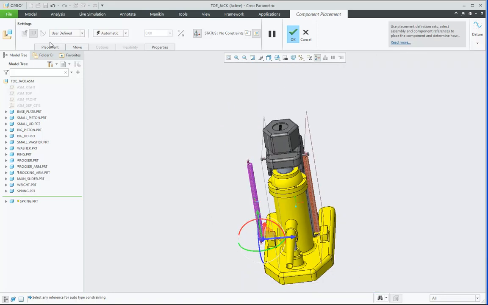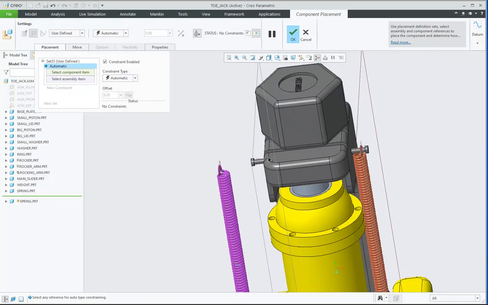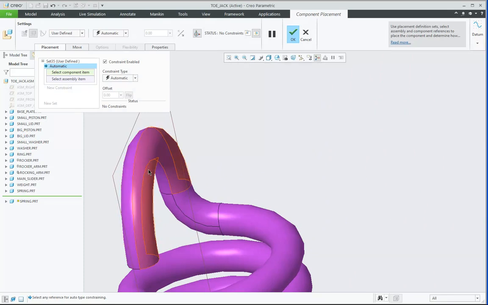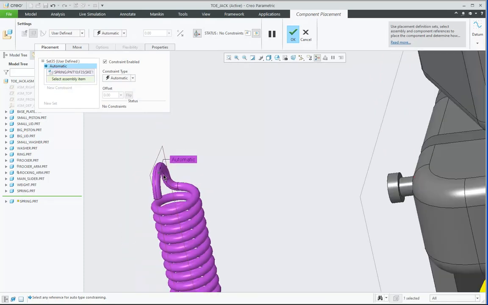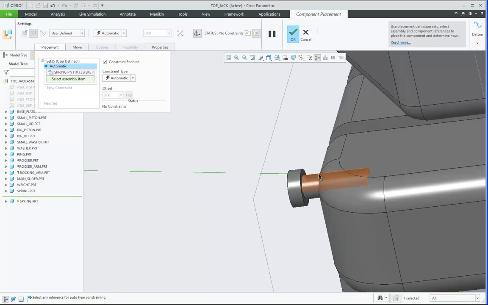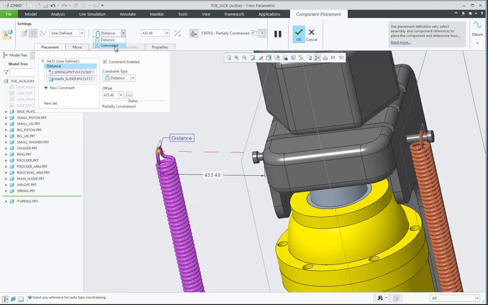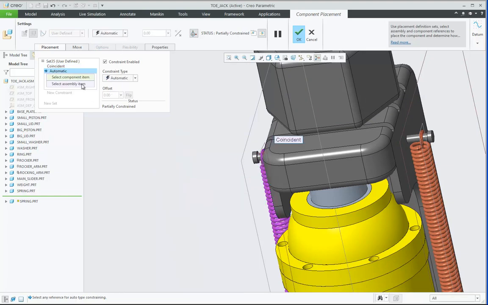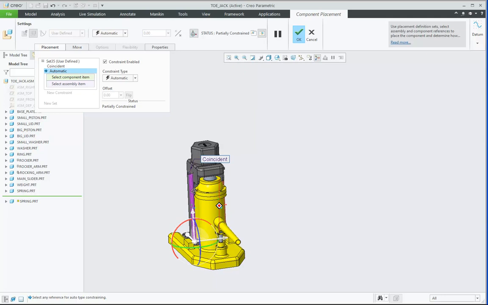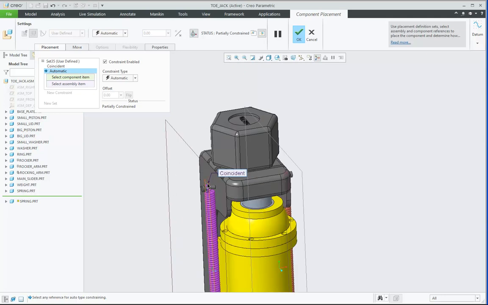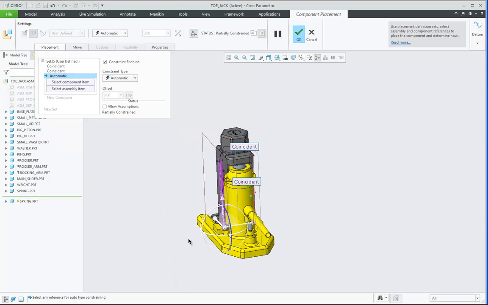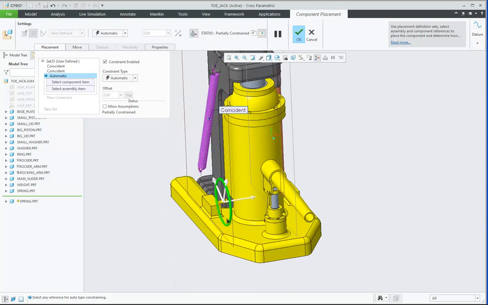Okay, so again, and similar point over here, which is a coincidence. Then planes from spring and main slider, and third constraint is about the second point of spring.